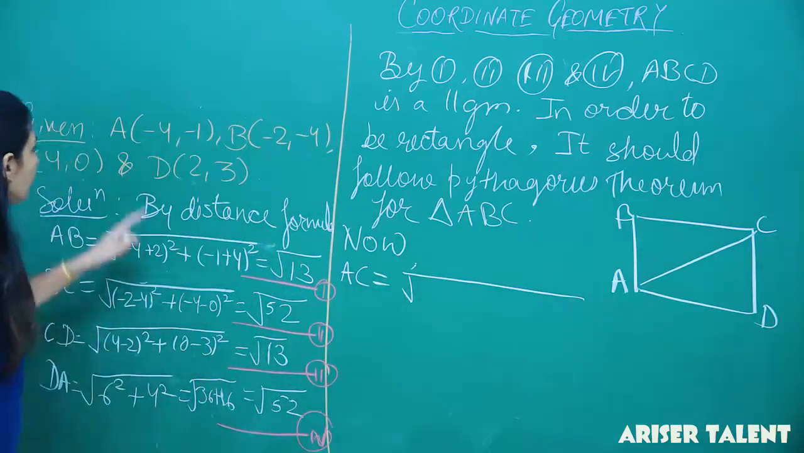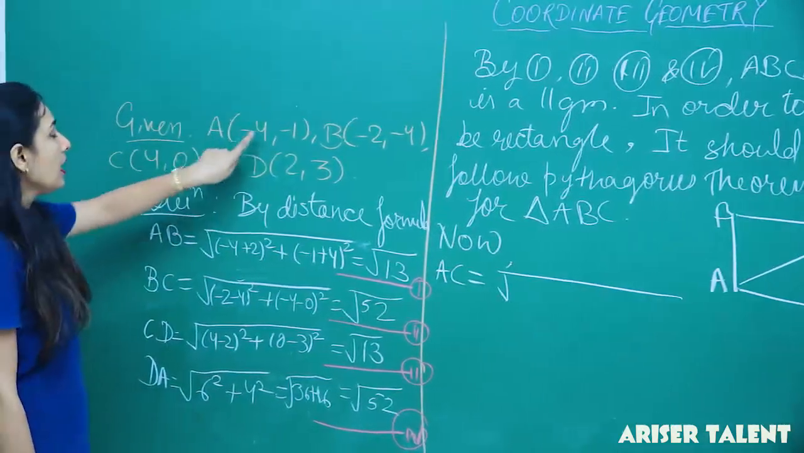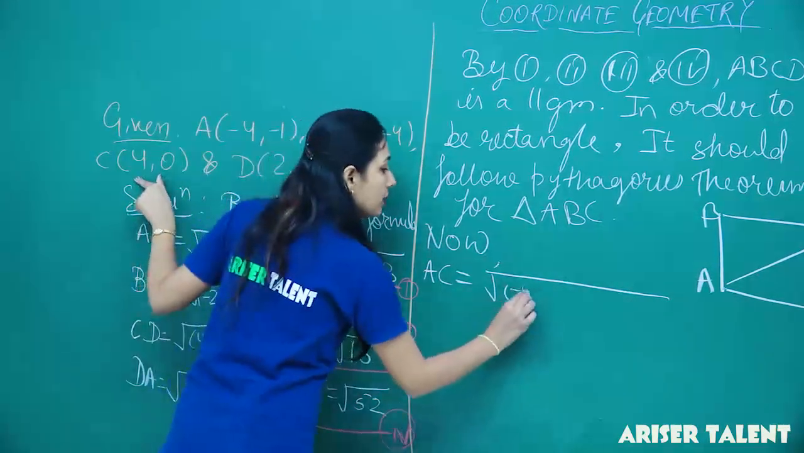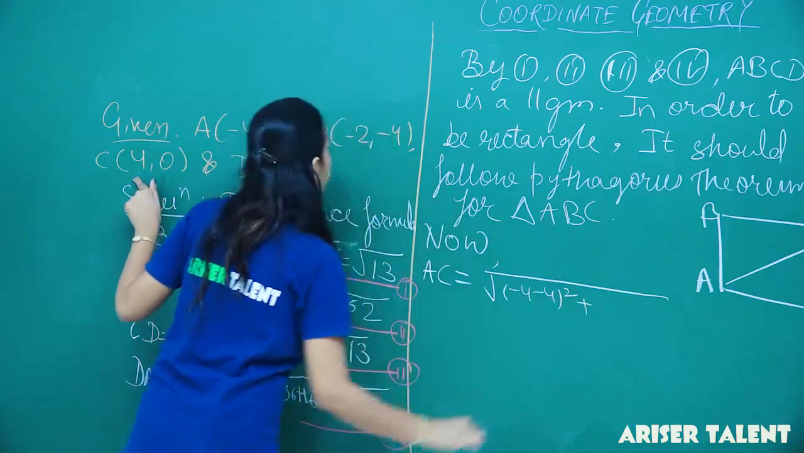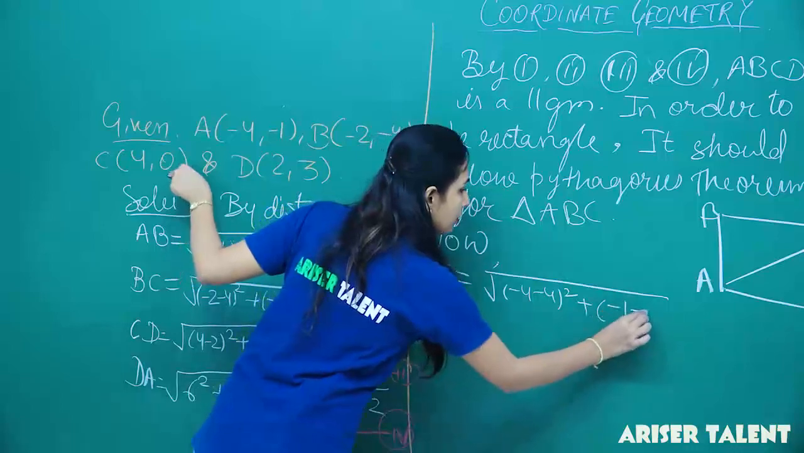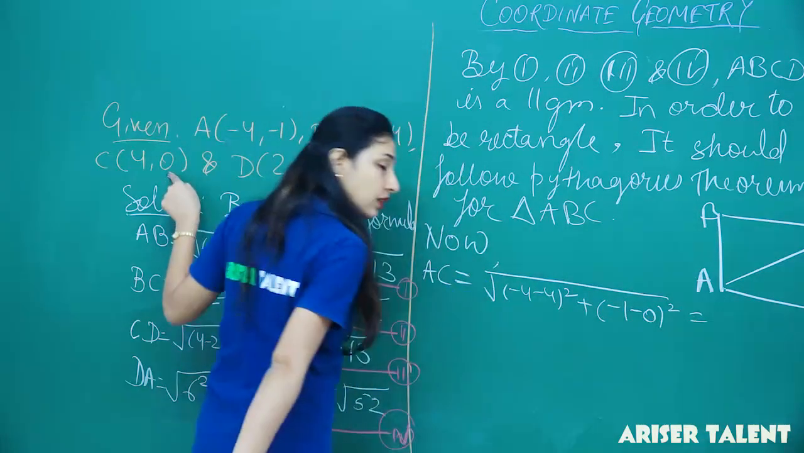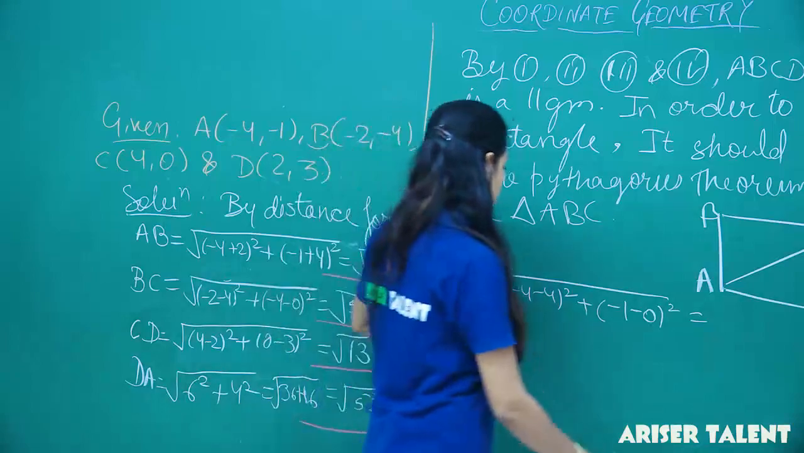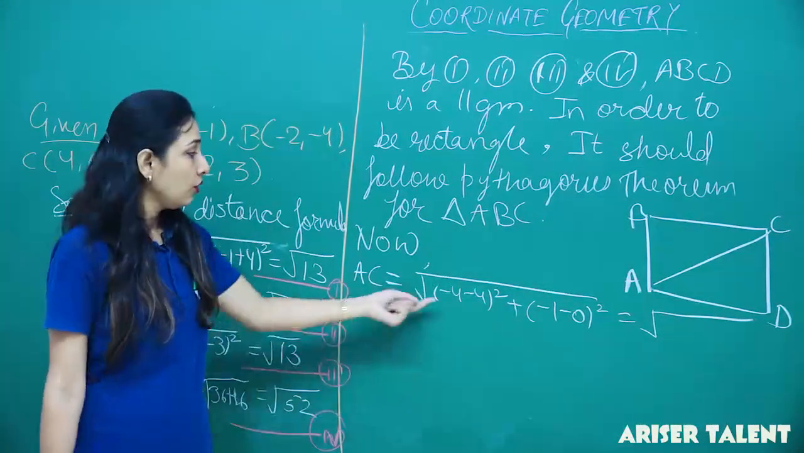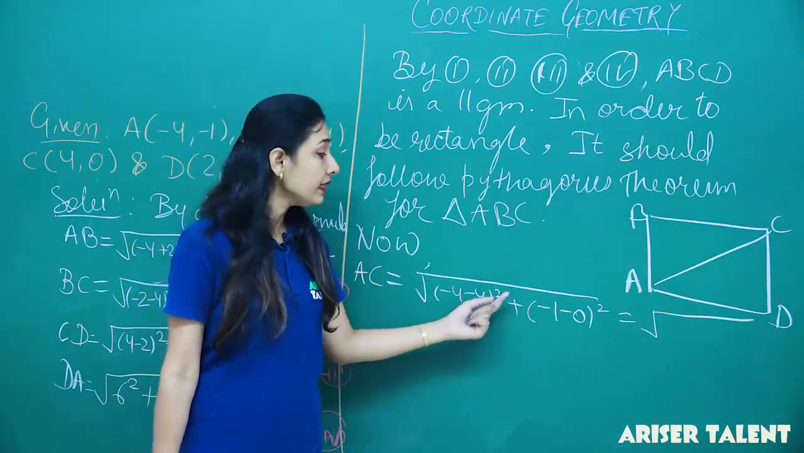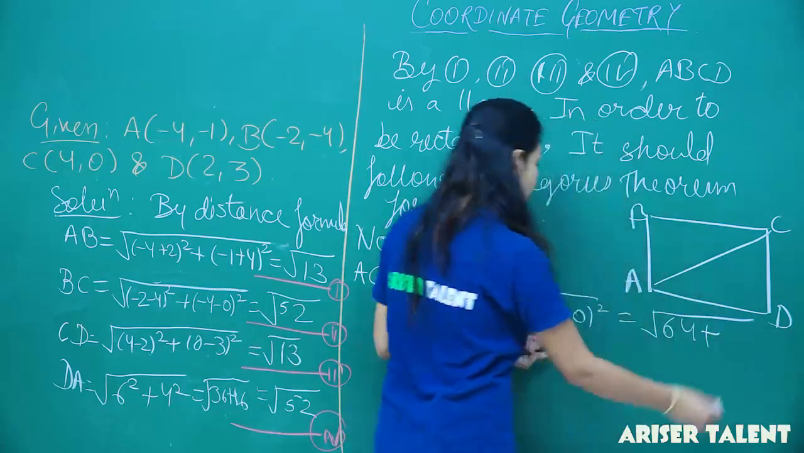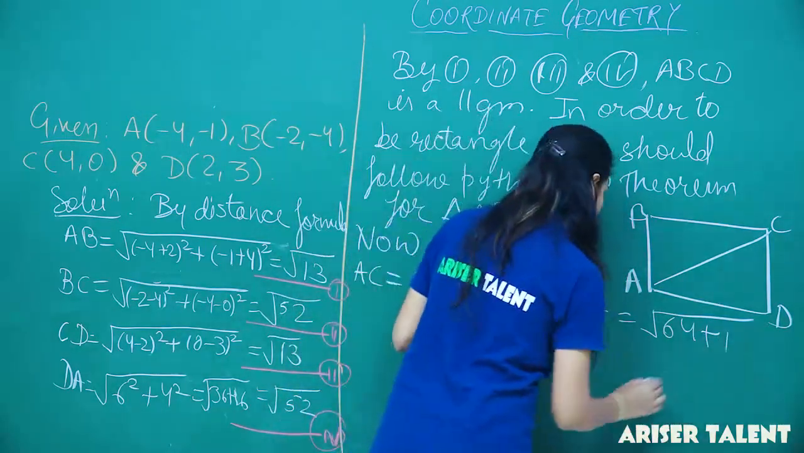Now AC is equals to what? A is here, C is here, minus 4 square plus minus 1 minus 0 square. That is equals to minus 4 is what? 4 and 4 is 8, so minus 8 square is 64, plus 1 square is 1, so that is root 65,